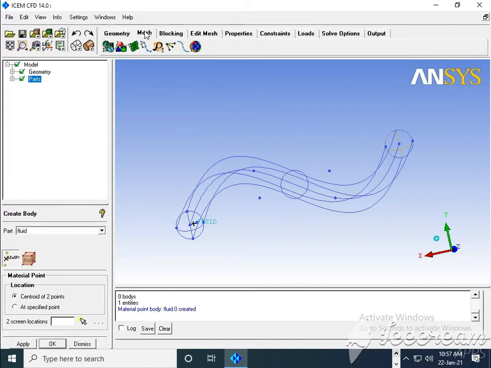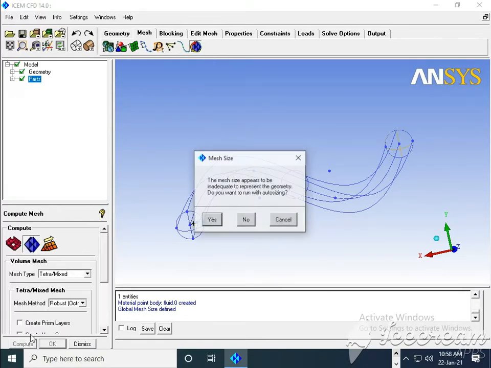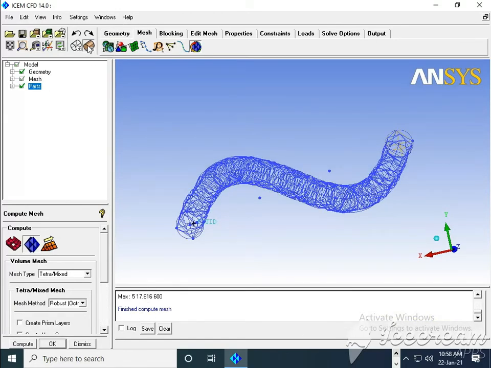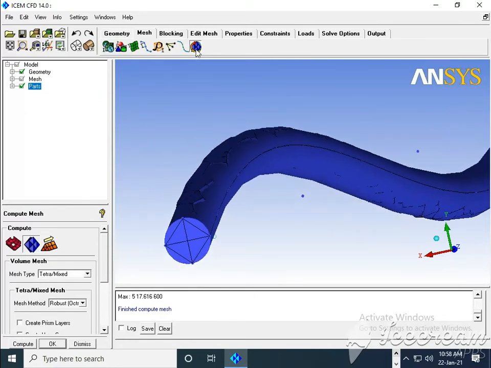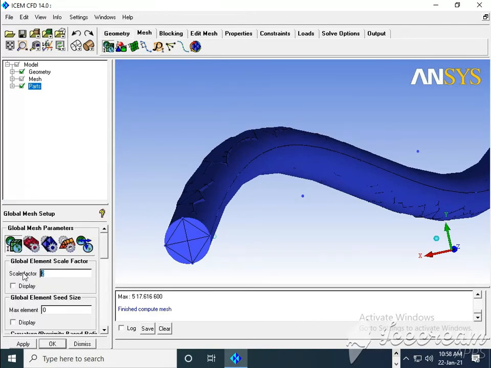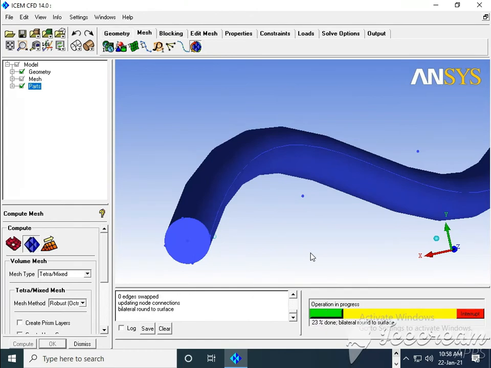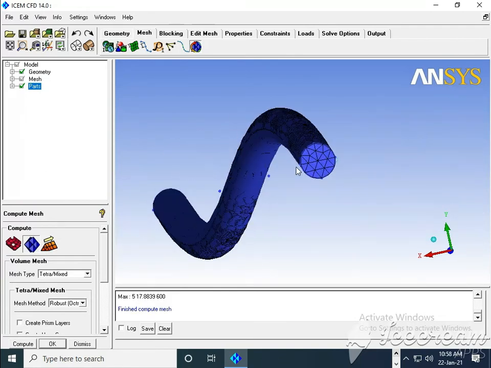Okay. So it's over. Then go for meshing, say 2, go for compute mesh. If you look, only one mesh is there. So what we will do, again I will come, instead of 2 I will say file, compute, yes, replace. Okay, it's fine for us as a case study.